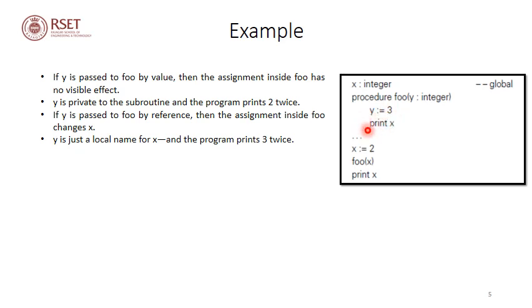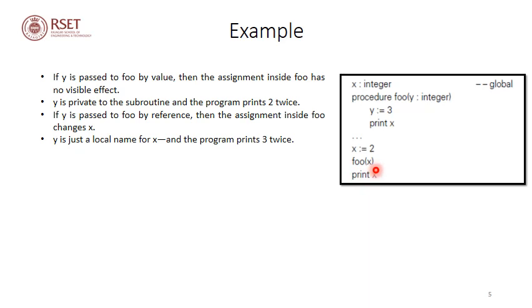And if you print the value of x, we'll still get the value of the global variable x, which is 2, because y and x are two independent variables. We are following call by value. Now the function returns and we are back in the main function, and once we return, we'll be executing the statement after the function call to foo, which is print x.